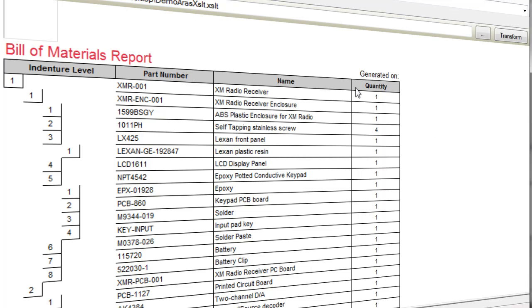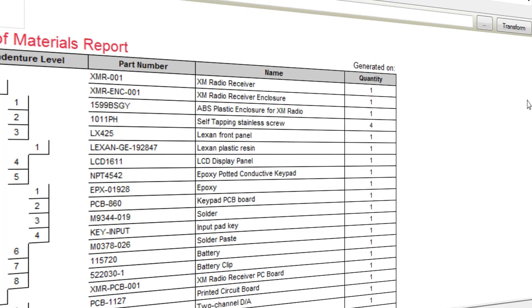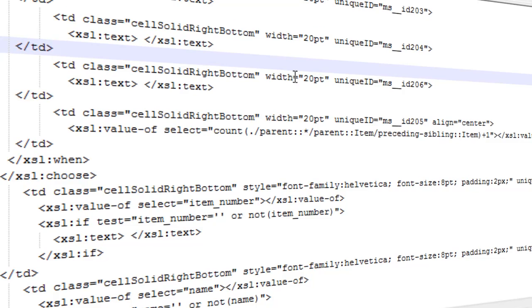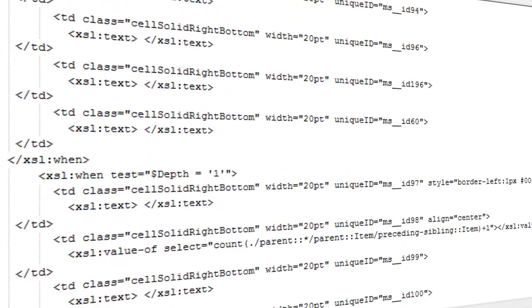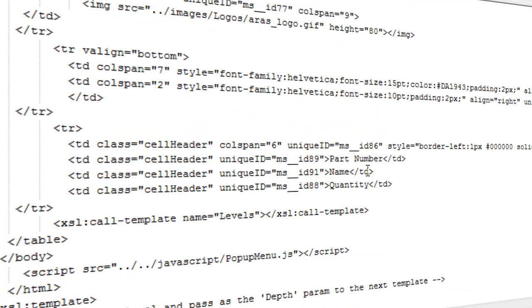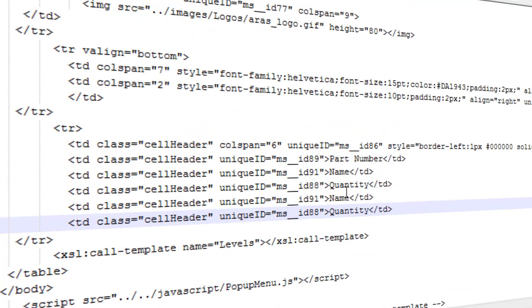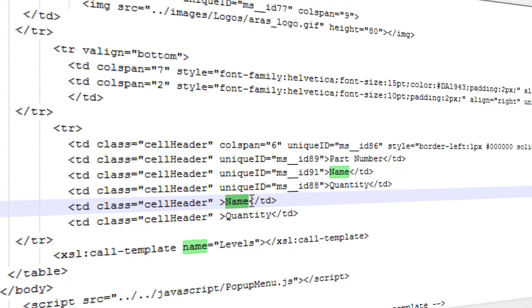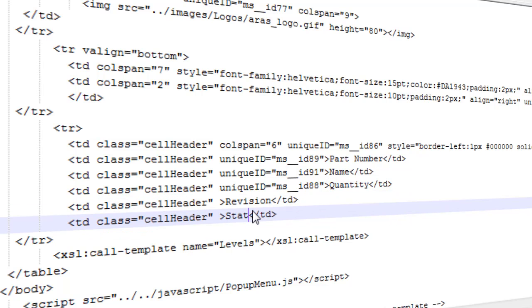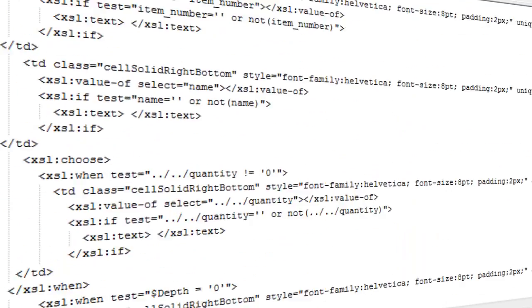Then what I want to do is to add 2 columns. So first I will add the headers. Here I'll just copy and paste this, delete the unique ID, and we add the revision and the state. So that's just for the header. And if I want to change the value here,